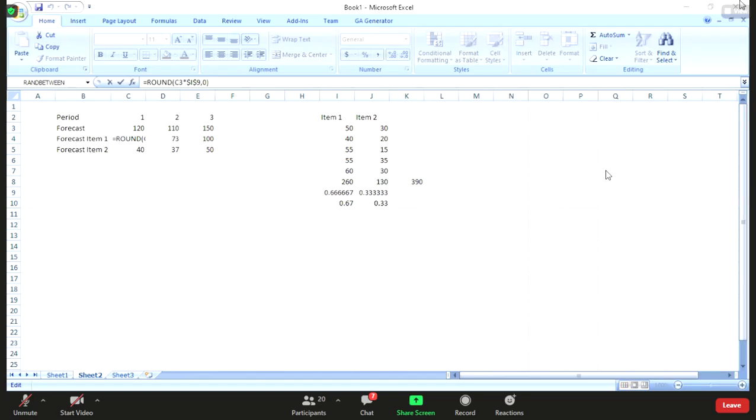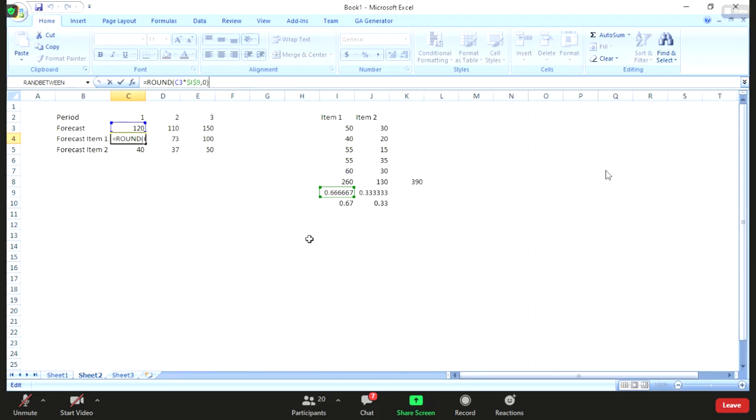We must know the production ratio for the item. Yes, correct. And this is the real data. You cannot get the sales or demand of the family. Family products are imaginary products. Previously we already discussed that. But if you go to the marketing department, you can get the demand for the item, not the family.